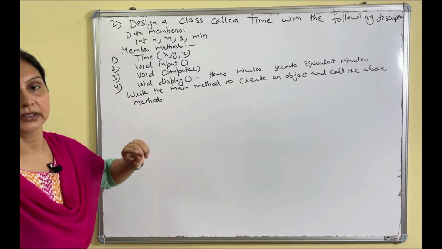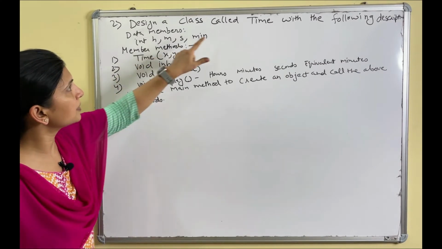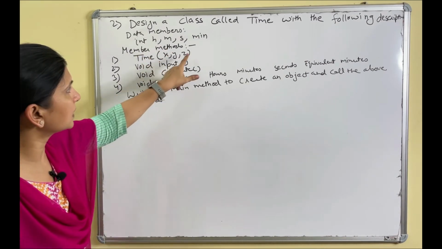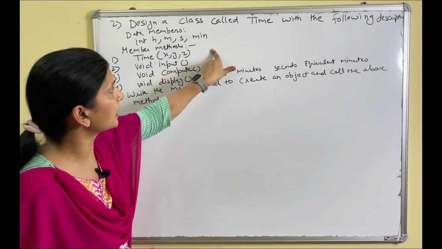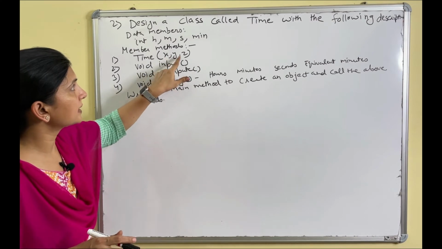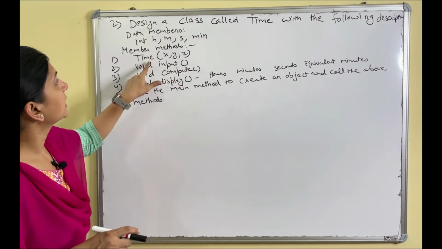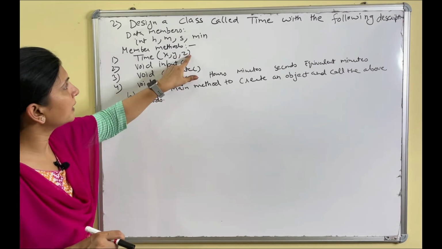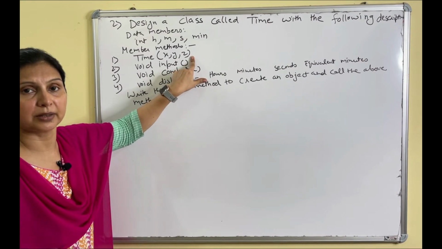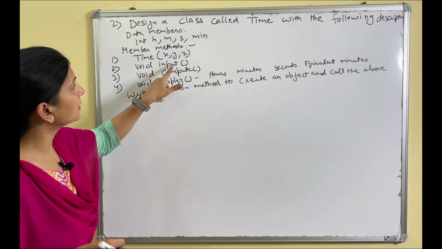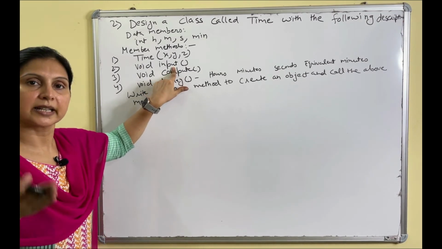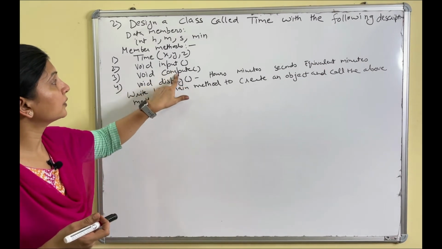Now the member methods. So first is Time. As the class name is also Time, this is also Time. So a parameterized constructor is given. I have written it in short, but in the question paper it will be mentioned: parameterized constructor to receive the values of hours, minutes and seconds, right? Then input. So one way we are using the parameterized constructor to receive the values of hours, time in minutes and time in seconds. Second way, we are using the input method to accept the time in hours, minutes, seconds from the user, right? And then we will compute.